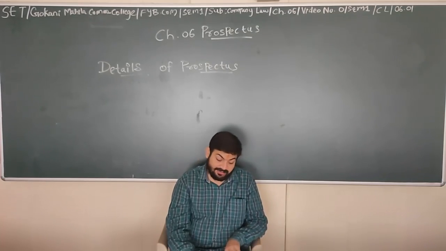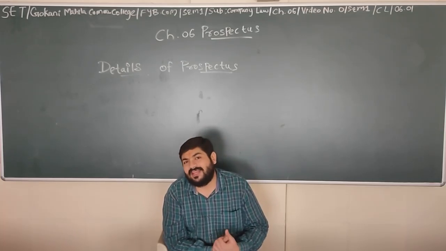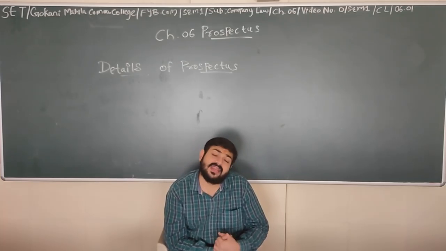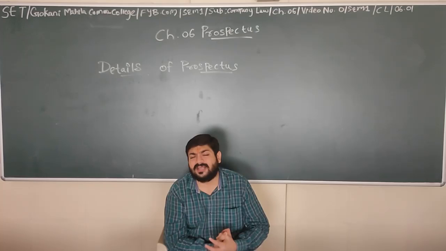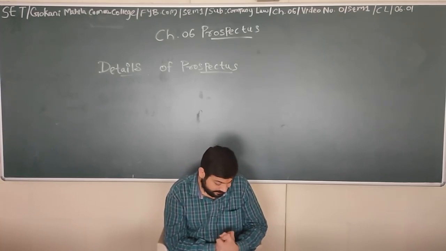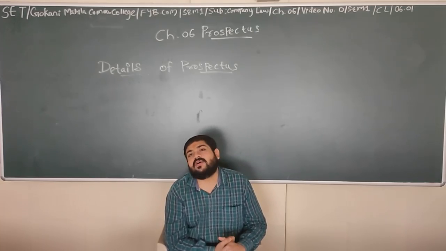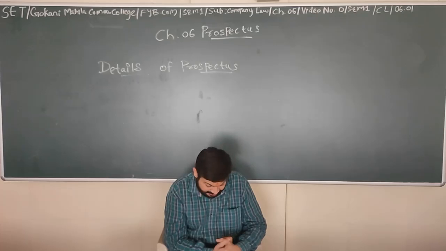Then comes the types of shares and their number in the share capital. Which type, equity or preference, and in what numbers? 1 lakh shares, 1 crore shares, 10,000 shares. In what number are you ready to issue shares? That is the numbers. Then the price of the shares. At what price are the shares affordable? Everything. That is the price of the shares.